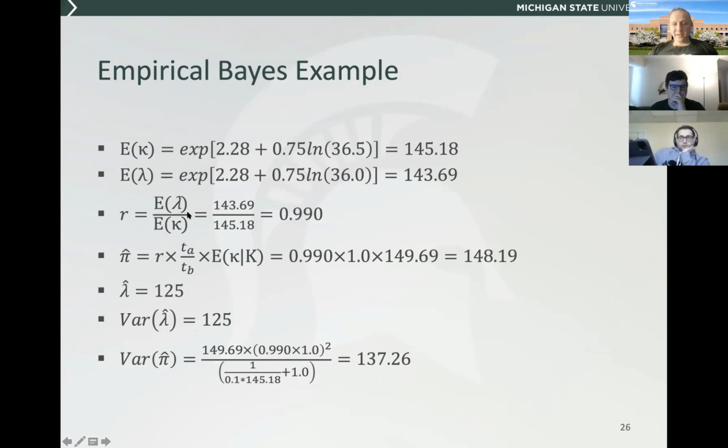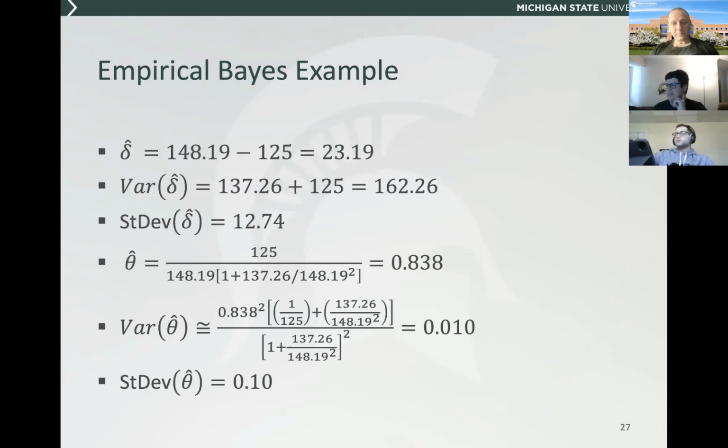That R factor, as I had indicated, is all we're doing here to scale up, or in this case, scale down due to that traffic volume decrease. We plug in our before period volume of 36.5 million and our after period of 36 million VMT, and we basically see a 1% reduction in crashes as a consequence, okay? So we reduce that 149.69 a bit further, and now instead of being at 150, we're at slightly over 148. From there, we can calculate our mean and variance for lambda, and calculate our variance for pi, which you'll notice is reduced even a bit further here to